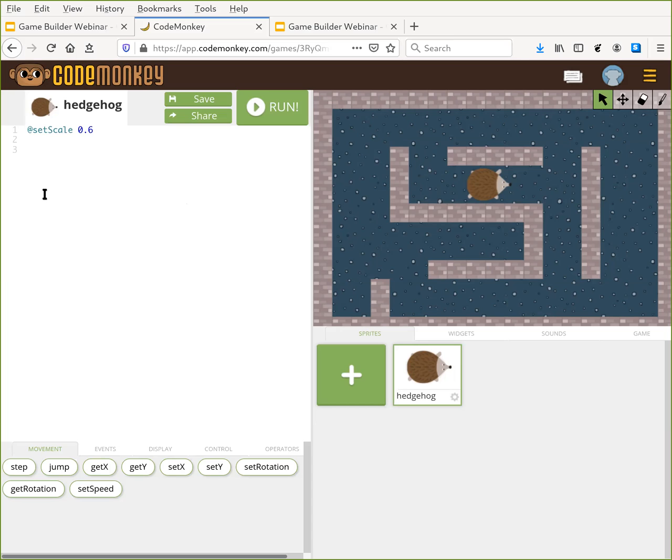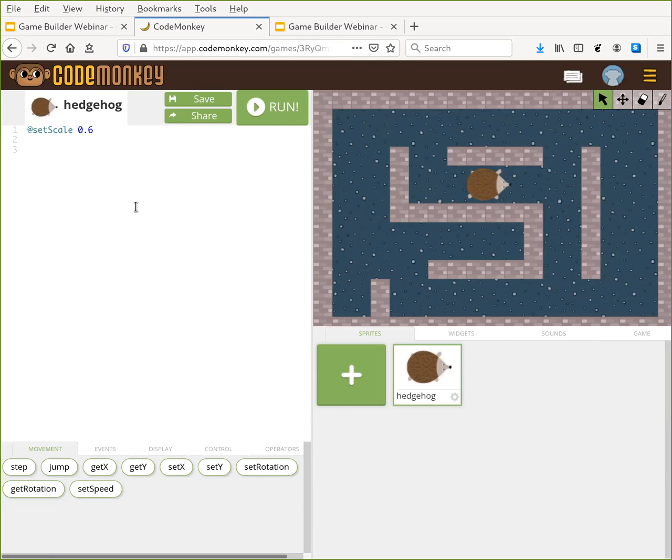So we need to write our code in a different way. What we need to do is respond to events. Events are things that happen either in the game world or inputs that the player sends to the game world to tell what they want to happen. And so we're going to write code that says, when this event happens, do this. When this other event happens, do this other thing. And that way the game will run the right code at the right time.